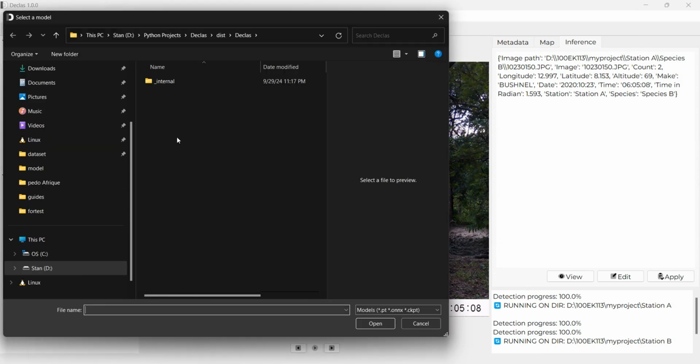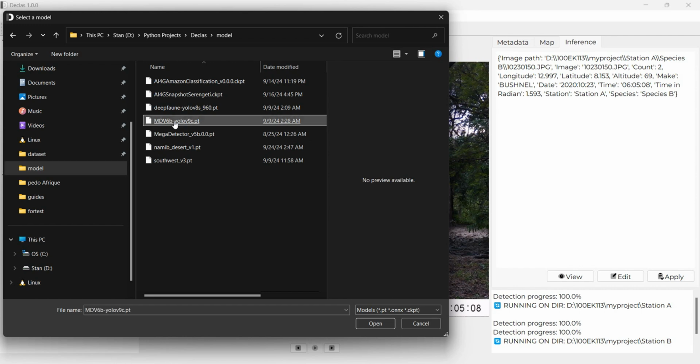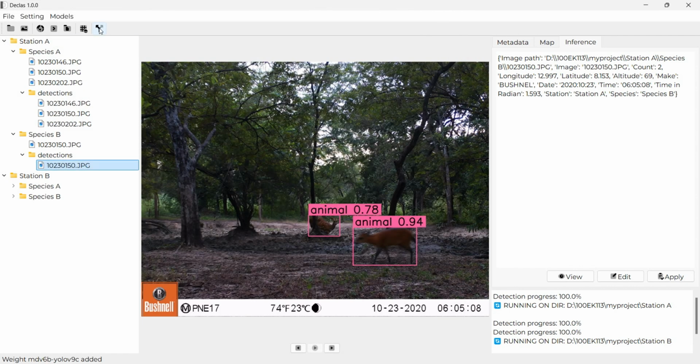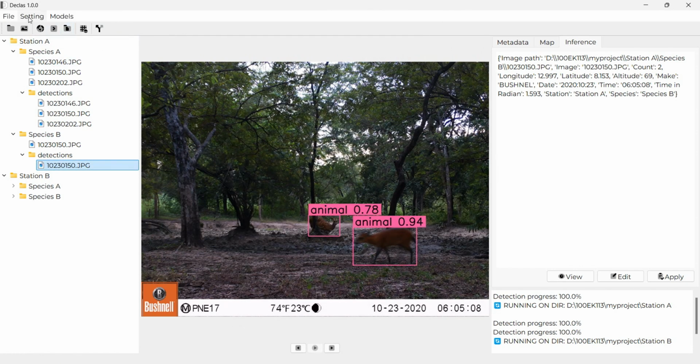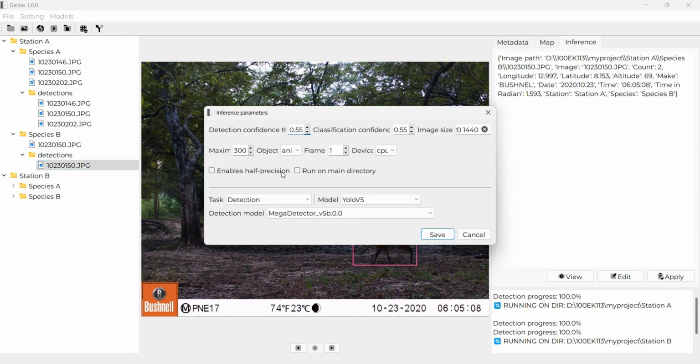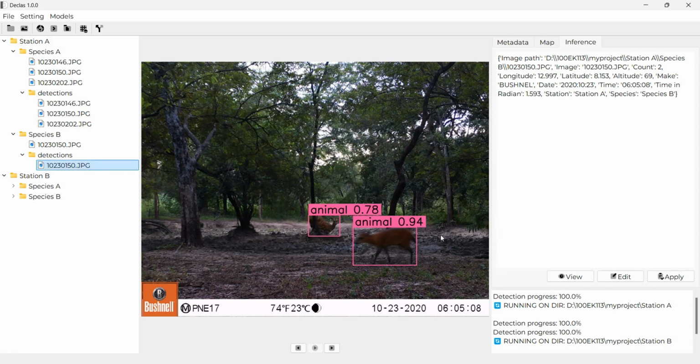You add. I already have this. Here I can add this model, but I don't want to use it. If I come here again, show model, you can see that I have my model in use. And if I want to use a model for detection, I can come here and change to the model I want to use, this model YOLO V8 or 9, and click on save. So that is what we need to do for detection.